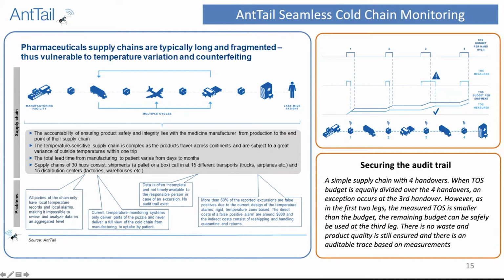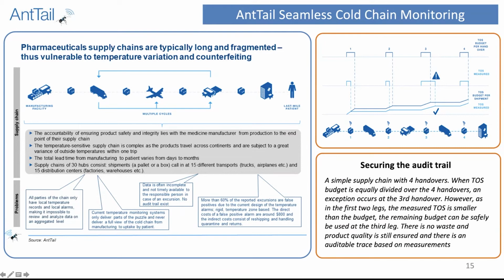And the other thing we can do, on the right side, which is a rather new concept, we call it TOS or TOR. That's another term people use: time out of storage or time out of refrigeration. What people have is a budget. The budget is how much time this product can be out of refrigeration or out of storage before we cannot deliver it further down the line to the next handover point. So they have the TOS or TOR budget. We can manage the budget.